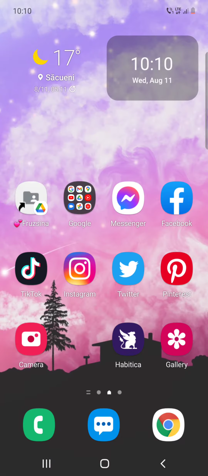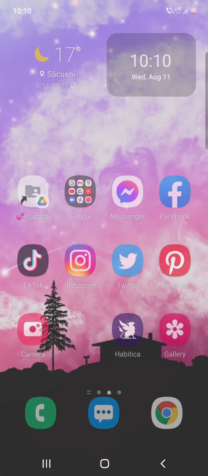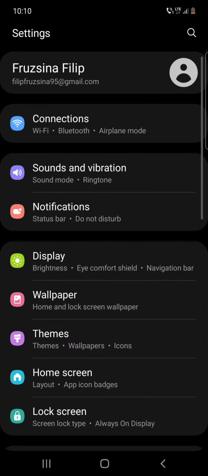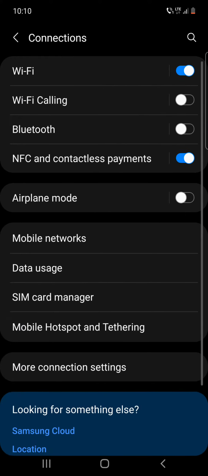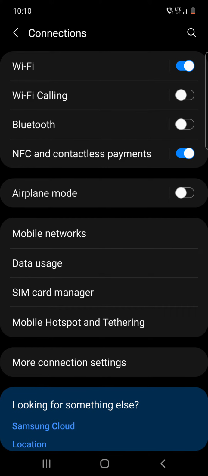Guys, so if you have two SIM cards and you don't know how to switch between them, I'm going to show you in this video. First, you have to go to the settings, and after that to connections, and here you can see SIM card